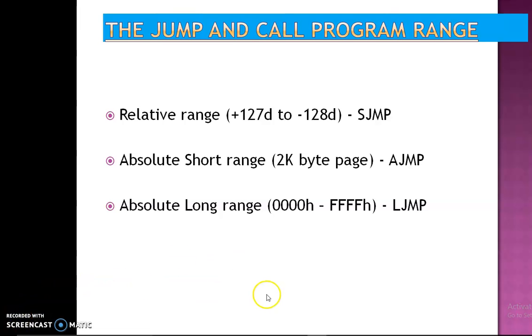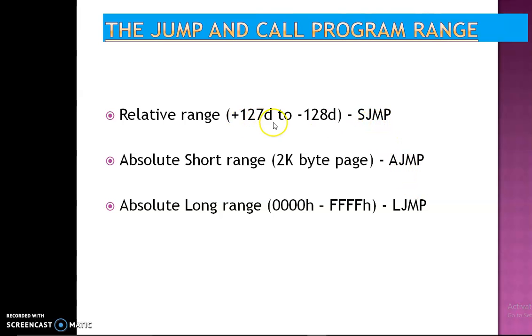Students, now I will tell you how to create loops. In 8051 assembly language, we have three types of jumps: S-jump, A-jump and L-jump. S-jump means simple jump, A-jump means absolute short jump, and L-jump means absolute long jump. Whenever we are using a jump instruction, the control can go from the current place to another place. But the range of that change from the current location to the other location depends upon which jump you are using.